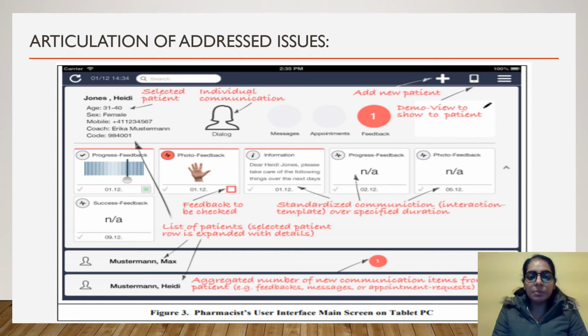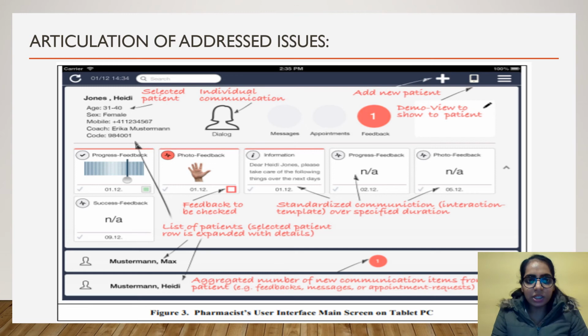It is one of the main screens used by the pharmacist, which helps the ICT governance used by the pharmacist. In this screen, the pharmacist can easily add new patients, and they can get a view of the different existing patients, as shown at the bottom of the left-hand side. There are all of their patients, from where they can get the information regarding them. And then if we select one of the existing patients, whose name is Jones, and we need to know about all his details,